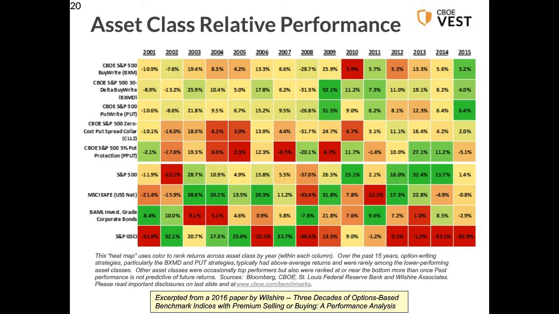All of these example option strategy indexes have outperformed in that period. The one that did the best, not surprisingly, was the 5% put protection index, P-put, which was only down 20% in that period. In years of moderate returns like 2005, 2007, 2011, 2015, the Wilshire studies showed that these were also the types of years in which utilizing option strategies delivered better performance than S&P 500. And this is even with the fact that they also did so at a lower risk profile.